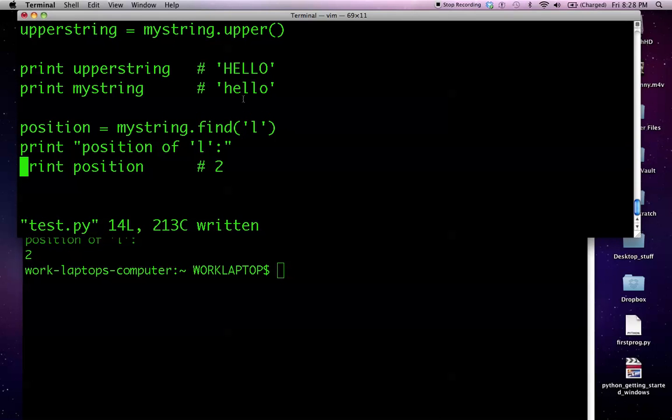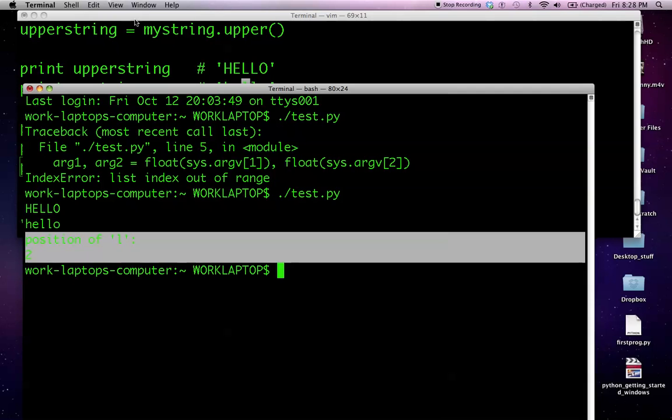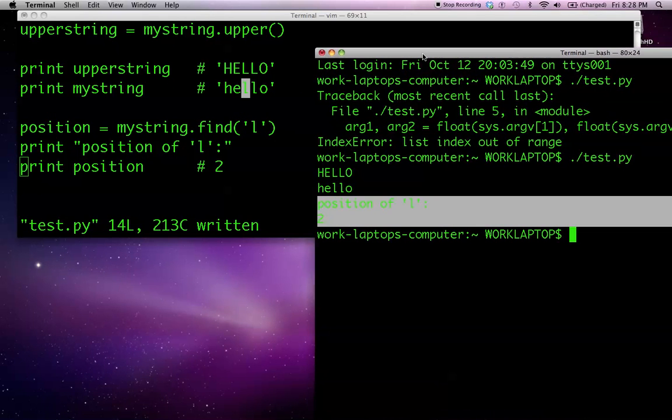Let's check it out. H, which is the first element, index 0. E, the second element, which is index 1. So H is index 0, E is index 1, and L is index 2, which is why when we print, we see position of L is 2. You can compare that to what we've got here. Position of L, print position. Now let's look at this